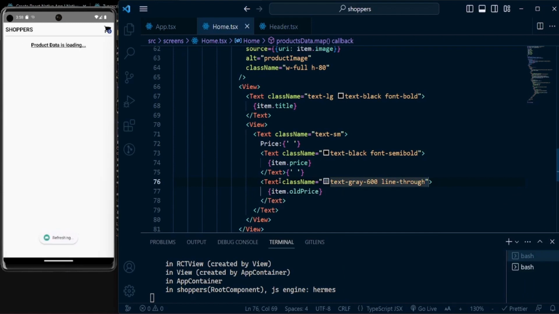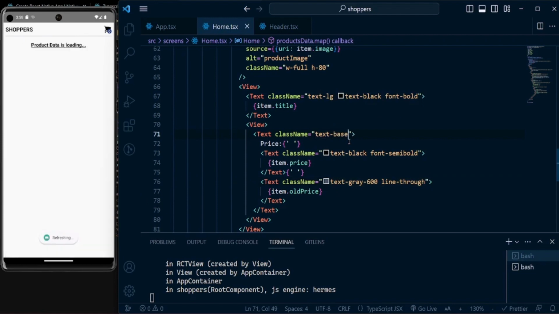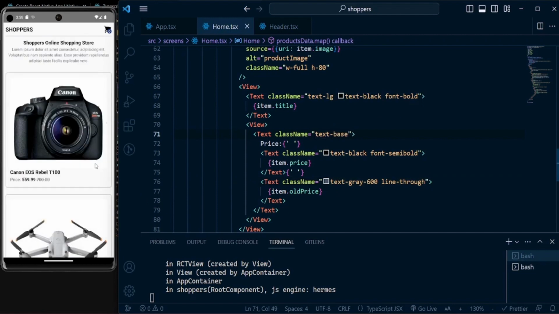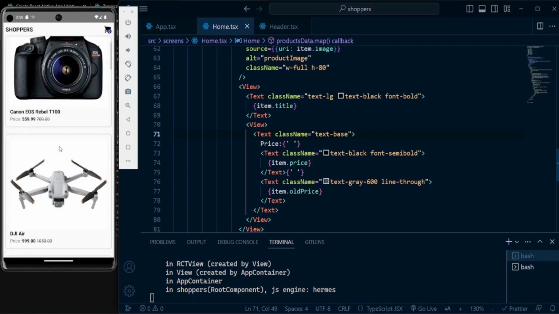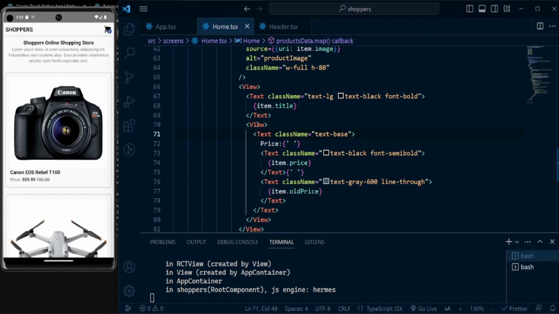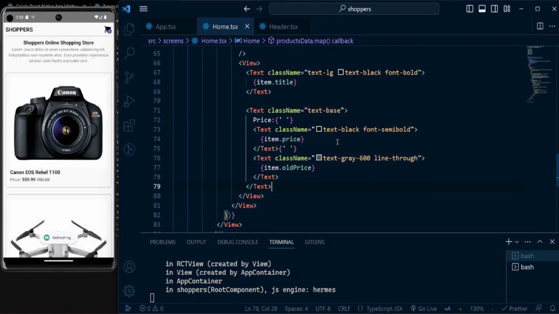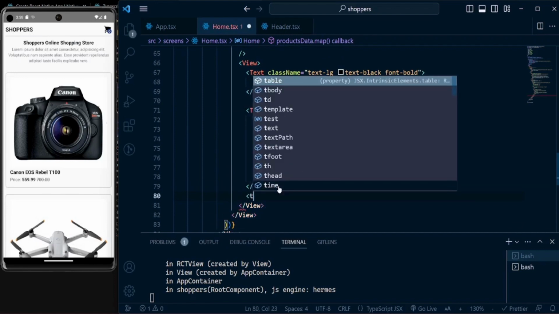So it's kind of like a cross price, so we can see the price in a very good way. Actually, we can also make the price a little bit bigger in the base. Okay, so the price we can see, that's the price, and the previous price is already cut, so we can see it much better. And that's the view where we are having the price. We can remove that view, because I was hoping it would need to be in the flex, but it's okay. And after having that, what I want to do,